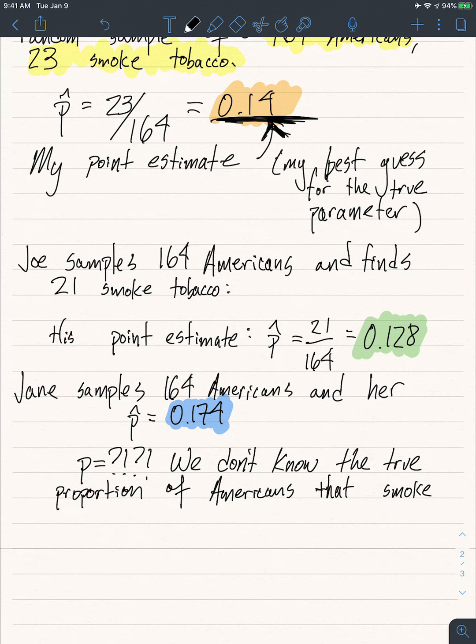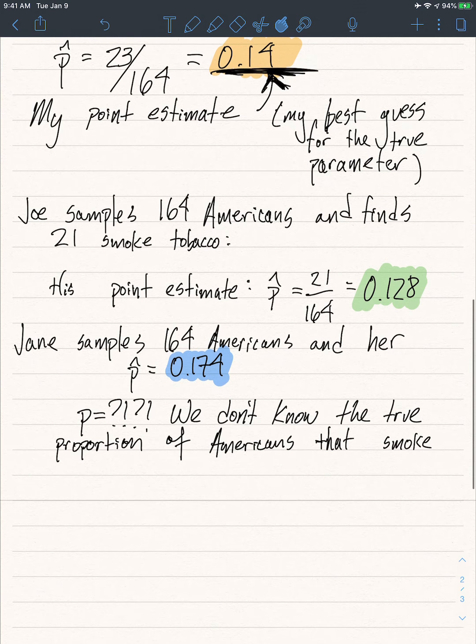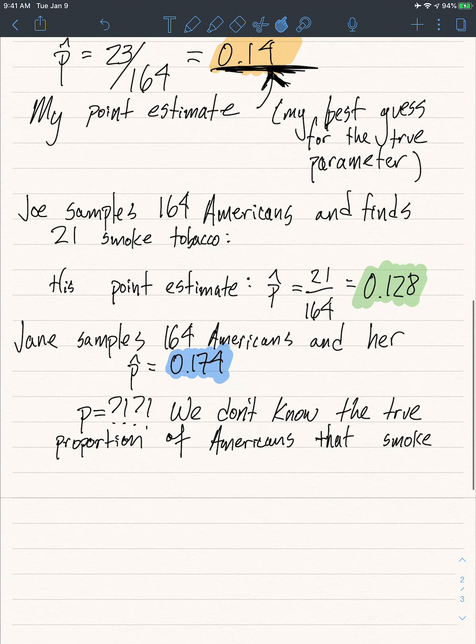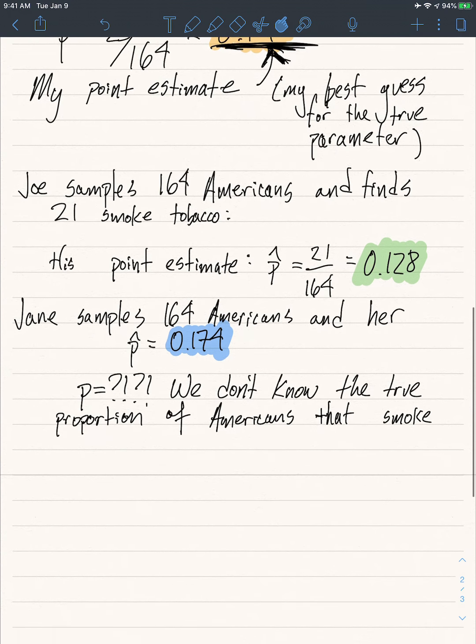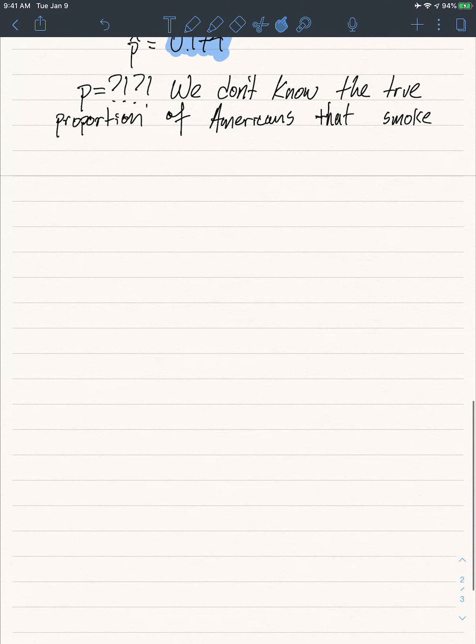We don't know it, right? Each of us has our own best guess. We have our own point estimates, but who's right? Maybe none of us, right? So that's what this section deals with: how do we know what the true proportion is? Well, spoiler alert, we will never actually know the true proportion, but we can basically enhance our guesses by constructing